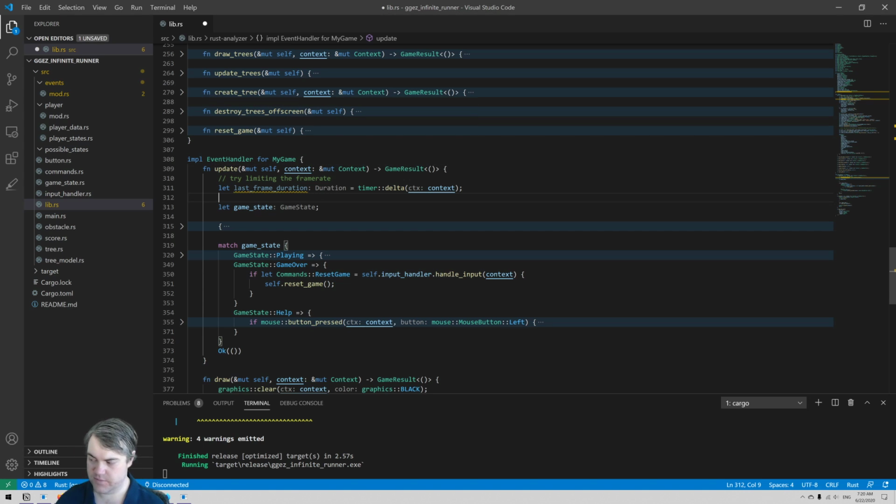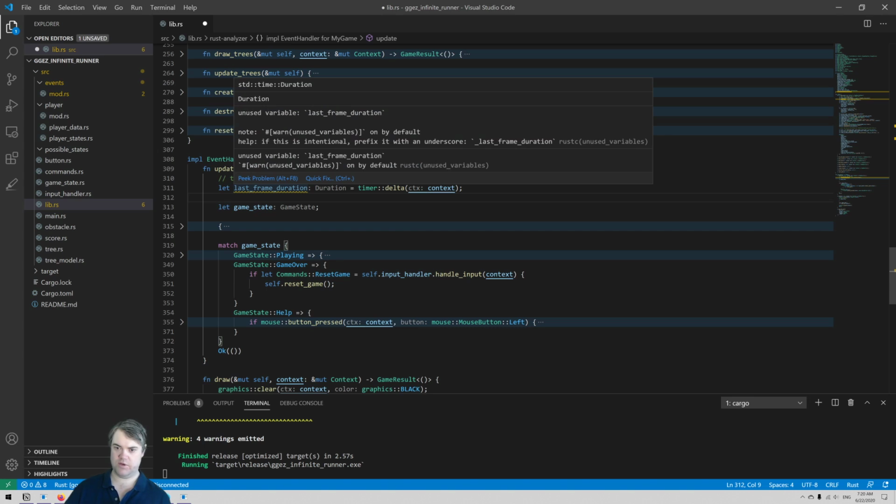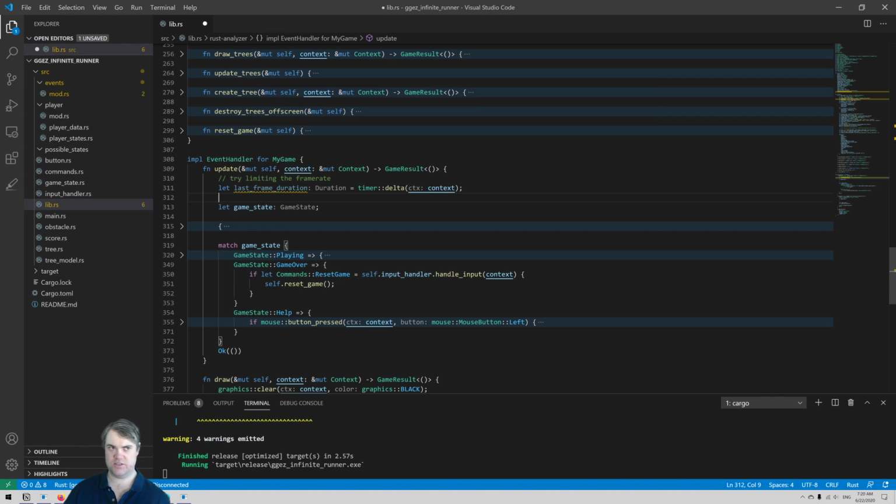Interesting. All right. What I want to do here, so last frame duration, that's how long it was last time. Now I want to subtract the current